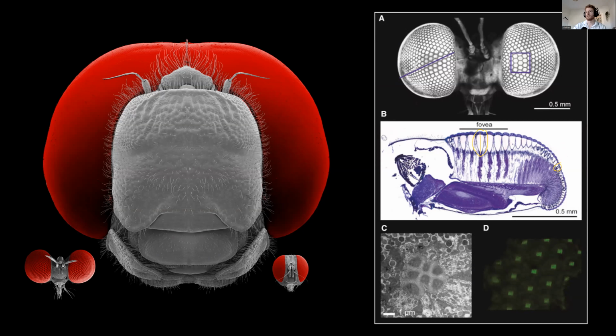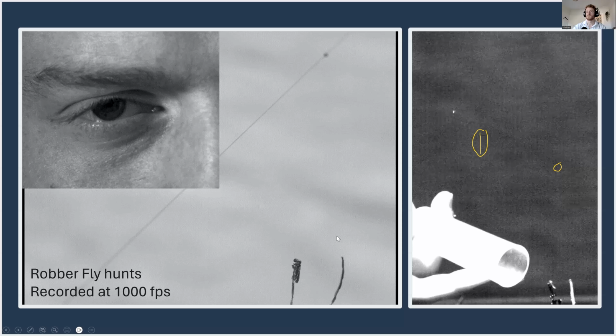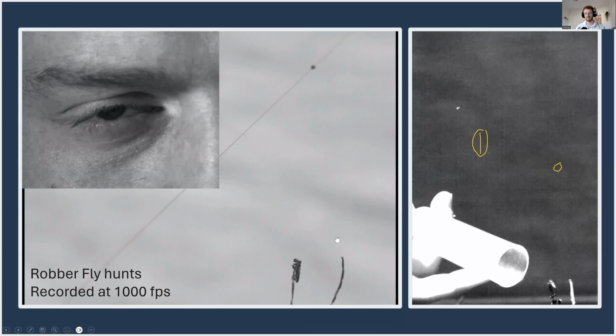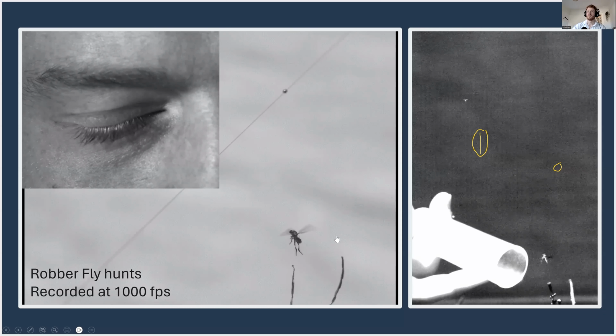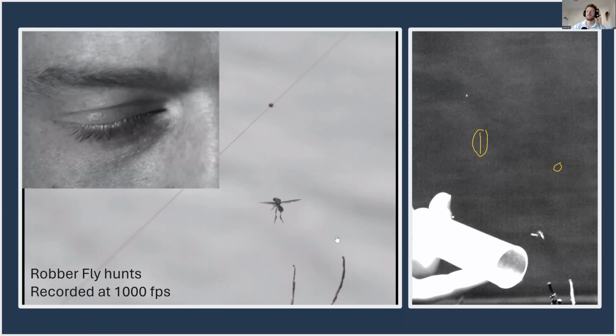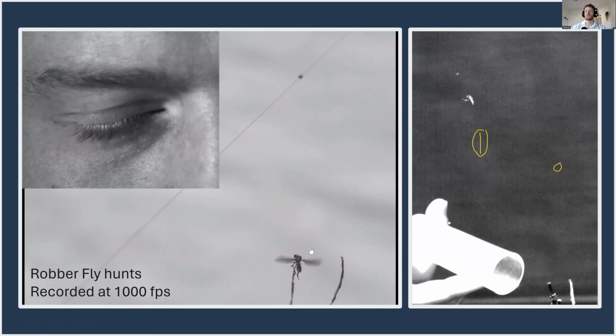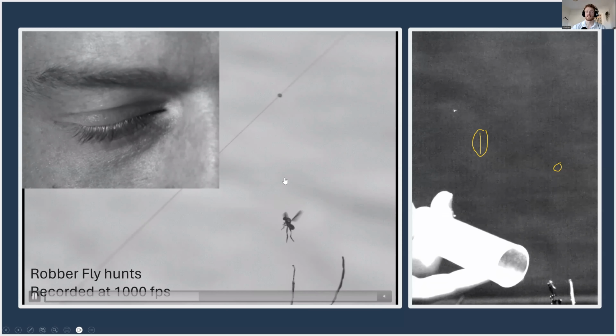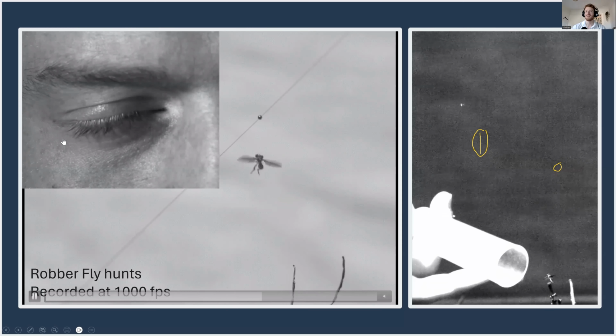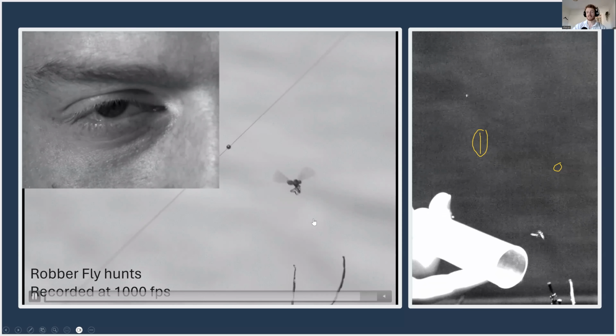Well, if this system would let me move to my next slide, I can show you. The robber flies are hunters, as I'm sure most of the audience know. You should be able to see here that we have both an actual hunt going on the right-hand side and an artificial hunt on the left. And so that's my horrible giant eye blinking at the same rate at which this insect is operating.